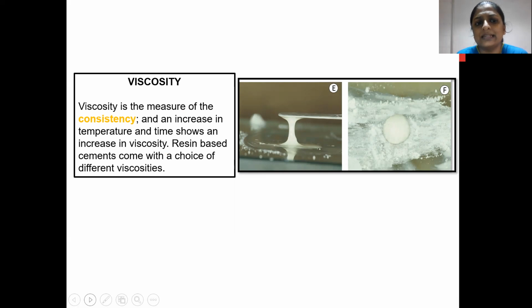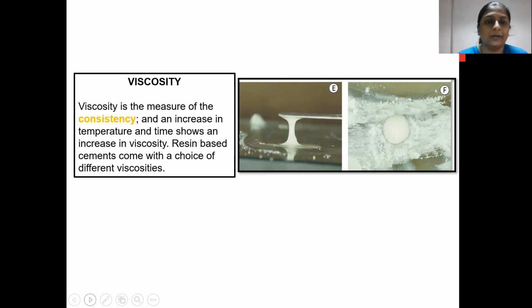Resin-based cements come in different consistencies based on the use we're going to put them to. If it's a packable cement or a luting cement, the viscosity will change. Whereas other types of cement are generally a powder and liquid ratio that we can mix manually. If you obviously take more liquid,